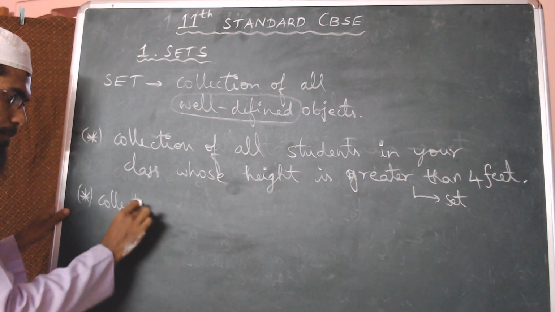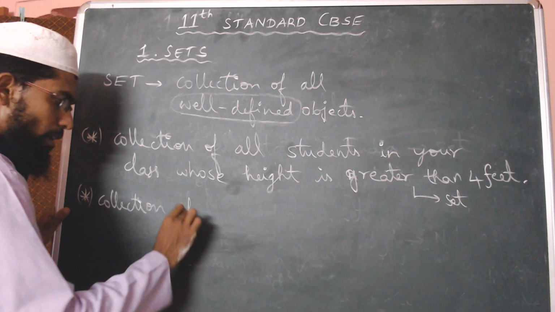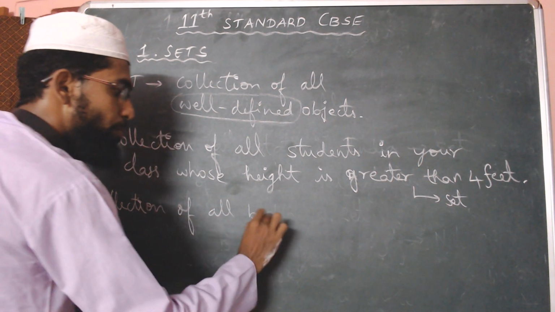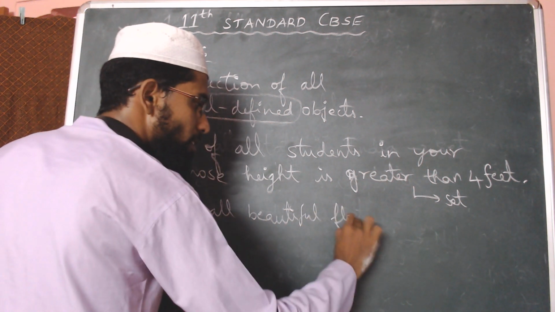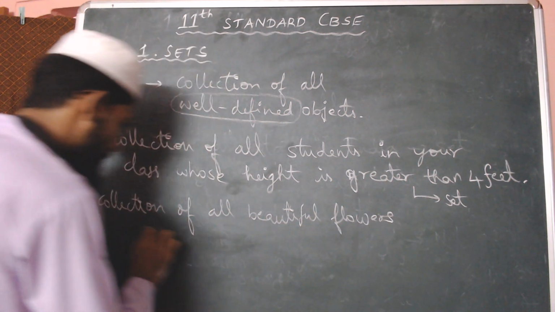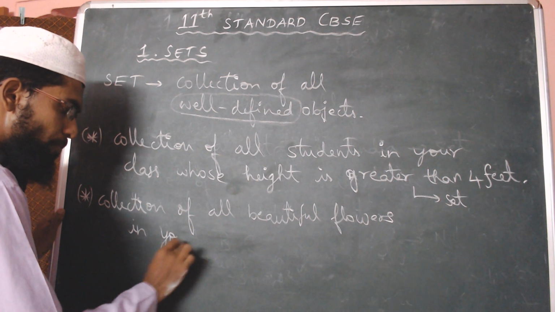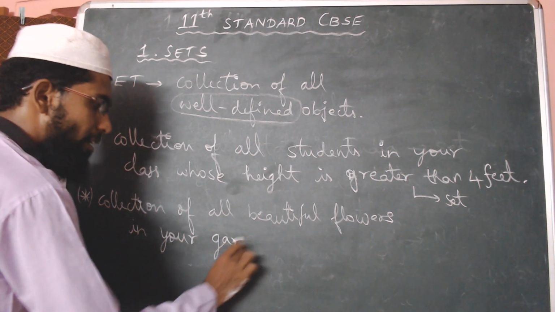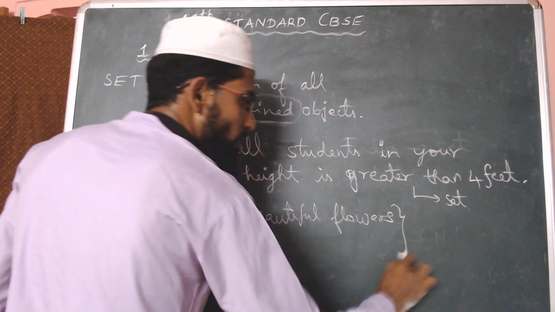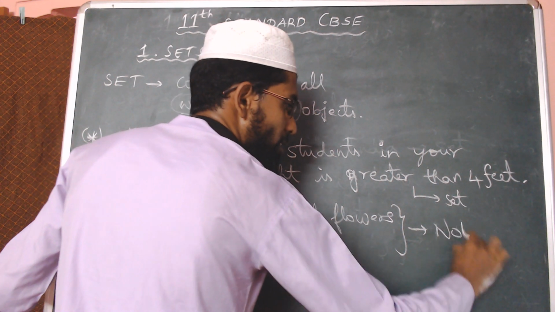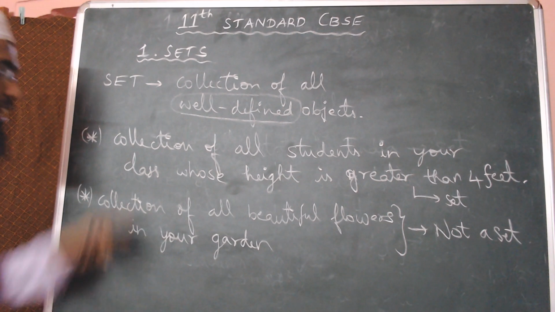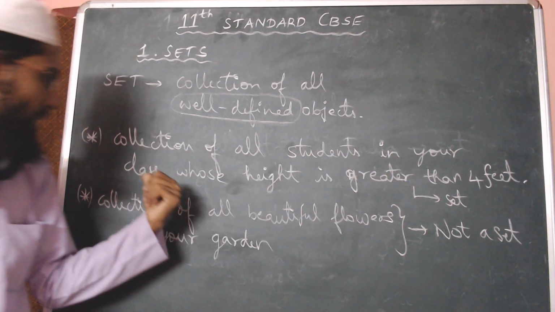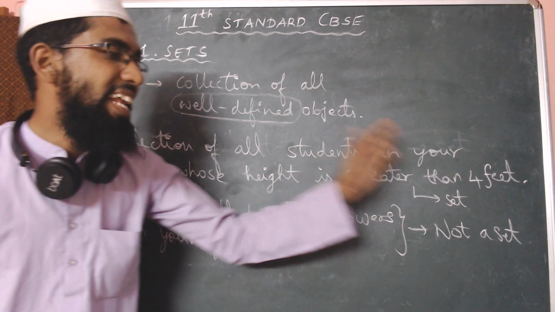Let me give you one more example. The collection of all beautiful flowers in your garden. Now this collection is not a set. Now I hope you understand why this is a set and why this is not a set. Because the collection of all students in your class whose height is greater than 4 feet